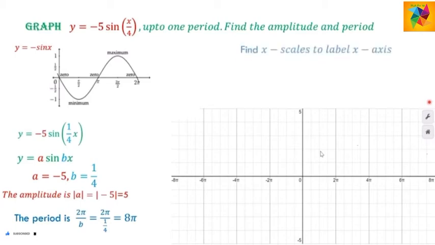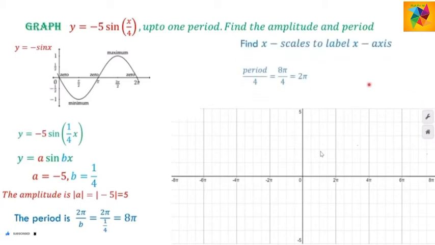Now that we know our amplitude, we would like to find the x scale and label our x-axis. In order to do that, we write the period. Now remember, the period is 8 pi, and we have to divide by 4. So the question is, why do we have to divide it by